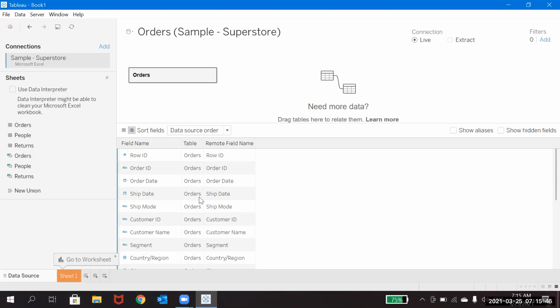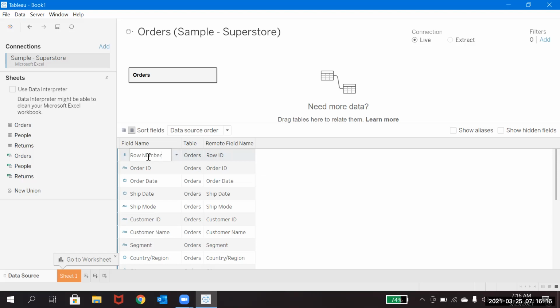So why do we call this metadata? Because here you can observe the actual field name, what it is currently displaying in Tableau, and the remote field name, which is nothing but the field name appearing in the data source. So why do we have this difference? Because sometimes in Tableau we can change this.